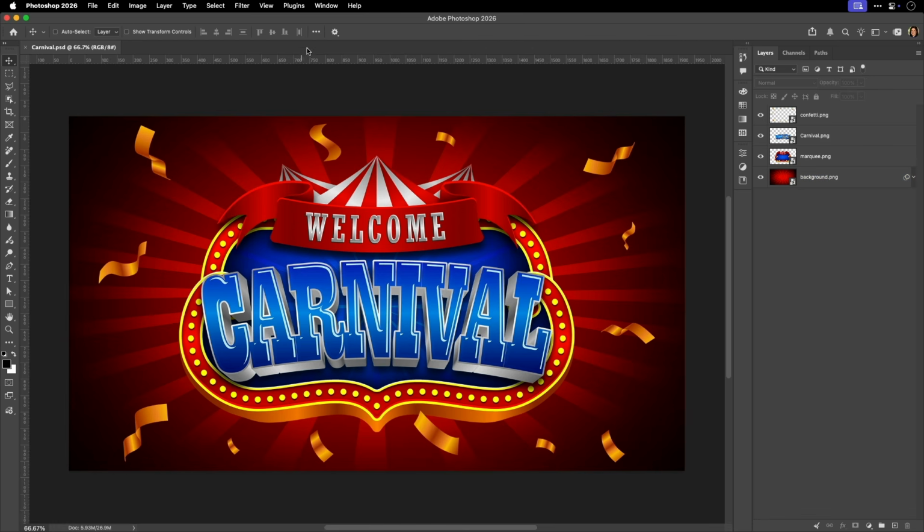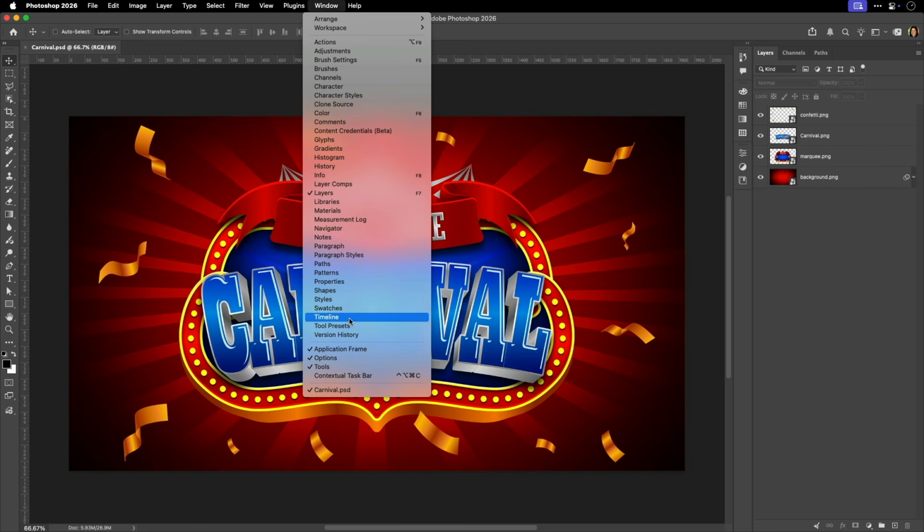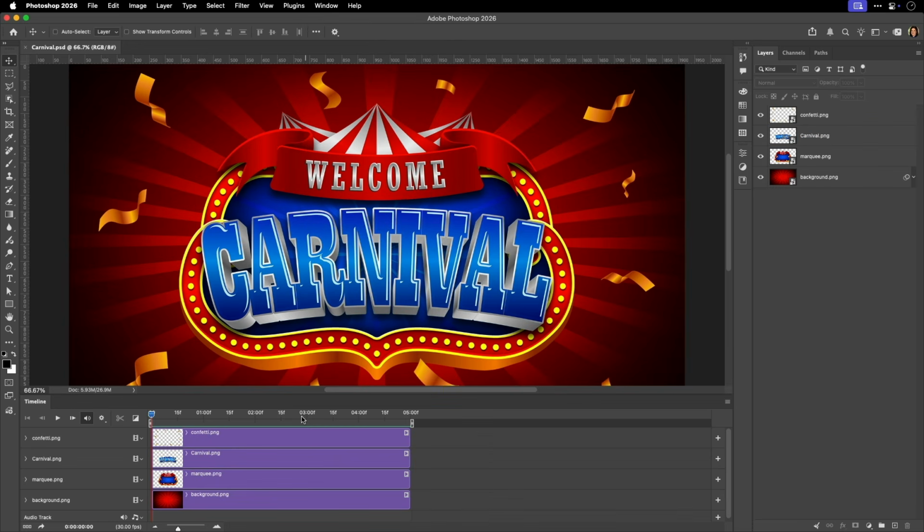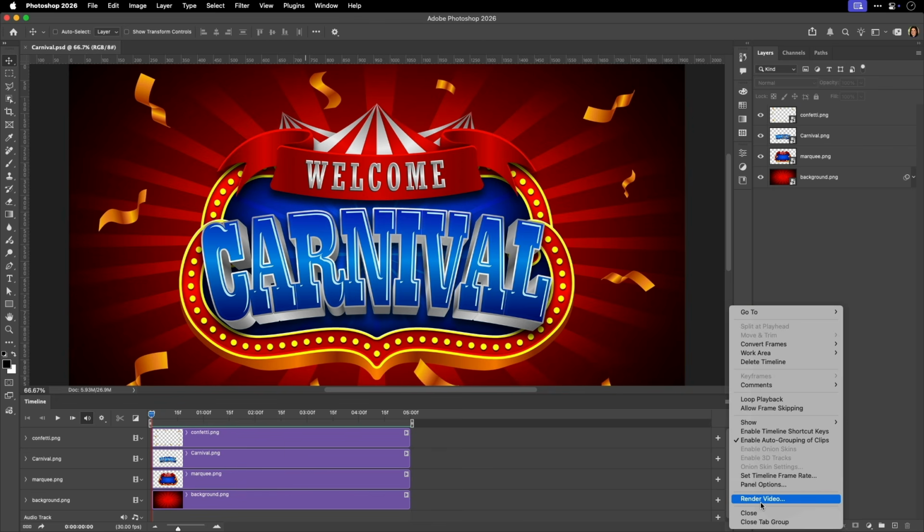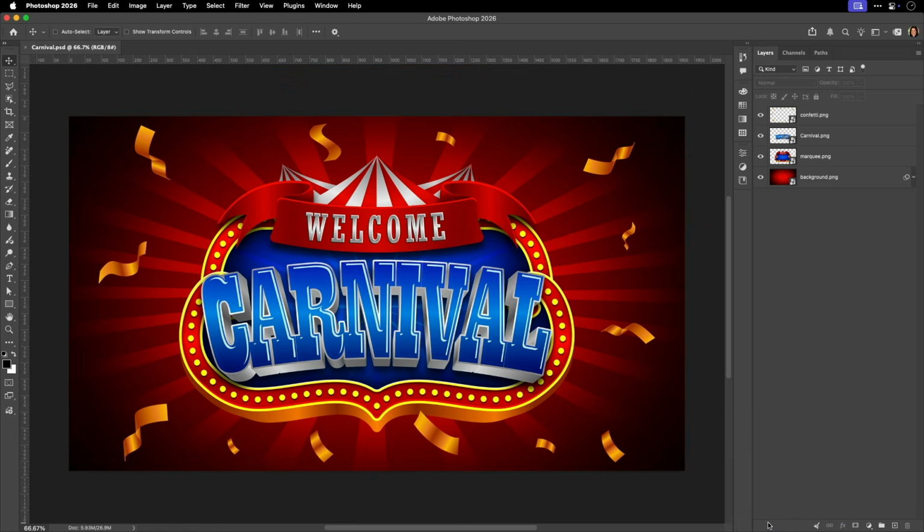I should mention that even though Photoshop has a timeline with some video capabilities, Premiere doesn't support them, so you won't be able to start animating in Photoshop and later edit those same video tracks with Premiere, unless you render it as video and import that video. Let's jump over to Premiere.